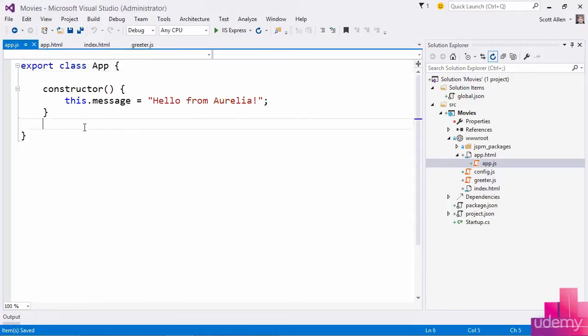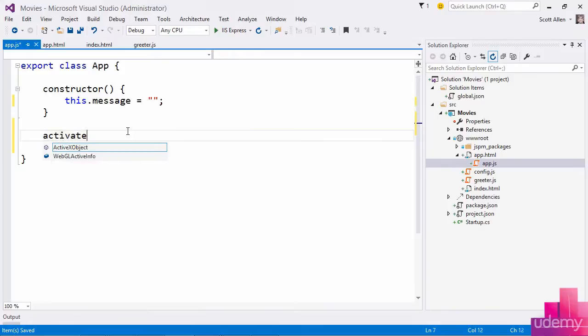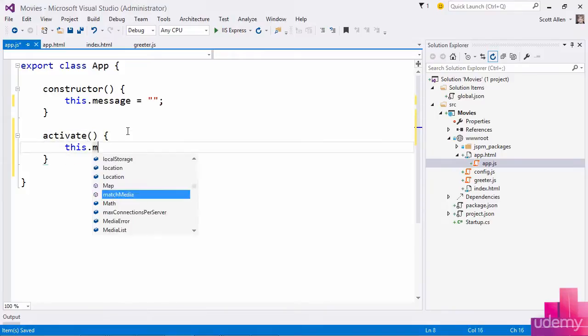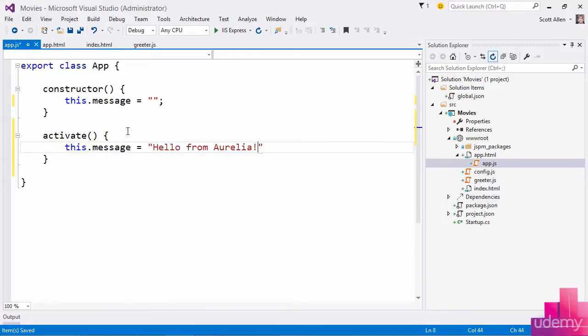Now, ultimately in this course, I want to show you how to do things like two-way data binding and how to make a call to the server to receive some data. We'll be taking data in JSON format and exposing it from our view model and binding it into the view. But for right now, let me just show you a few other simple things that Aurelia can do. If your view model has an activate method, Aurelia will automatically call this. And we'll see later how we can use activate to retrieve some information about the environment that we're operating in, things like routing parameters